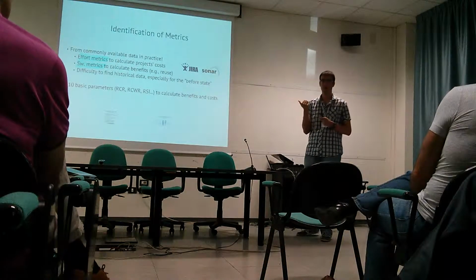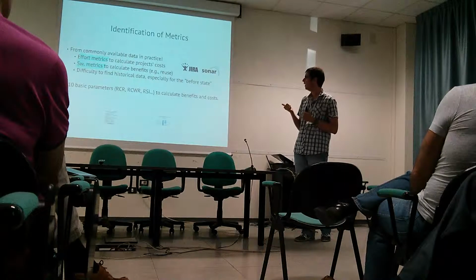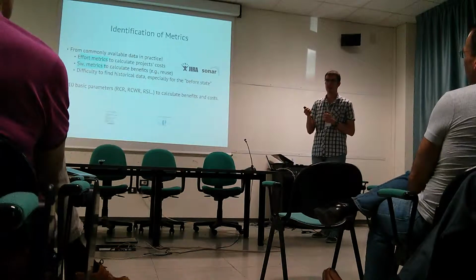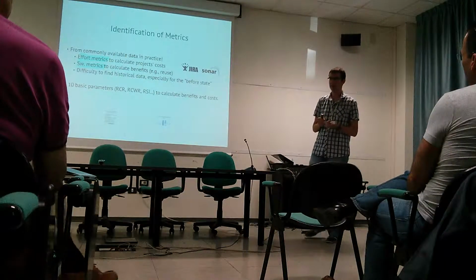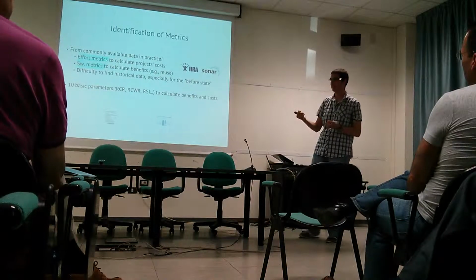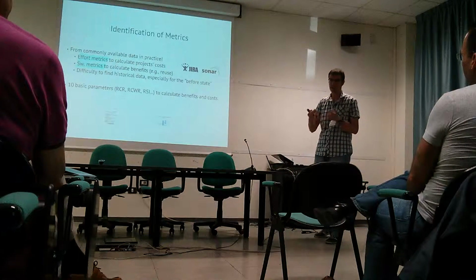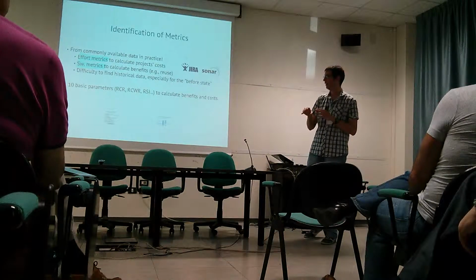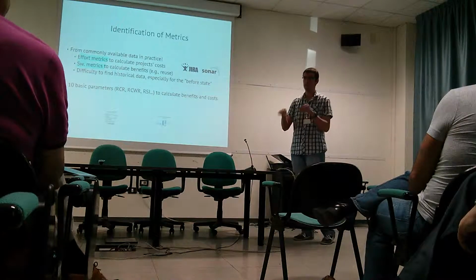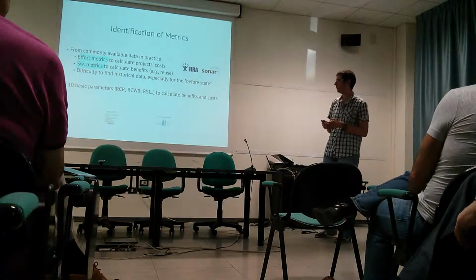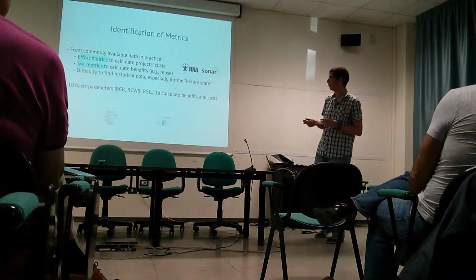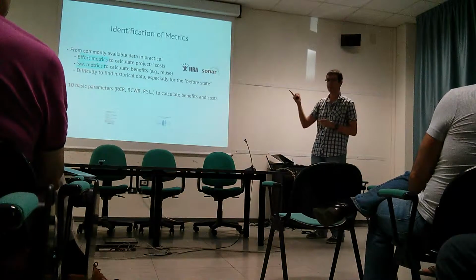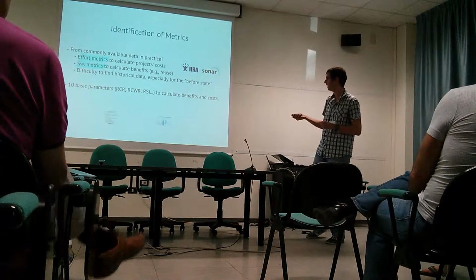On the other hand, we found that it was very difficult to find historical data, especially for the before state. If we are comparing the creation of applications based on the software reference architecture or in a standalone fashion, a real company cannot afford to develop the applications first with the architecture and then without it and compare it. So we needed to find some other way to calculate it. And therefore we have 10 basic parameters to calculate the aforementioned 6 cost-benefit factors.